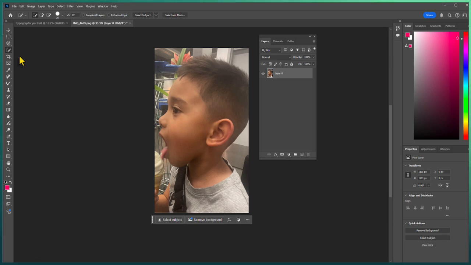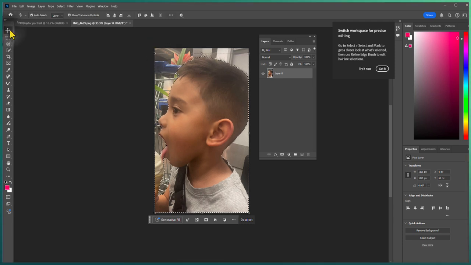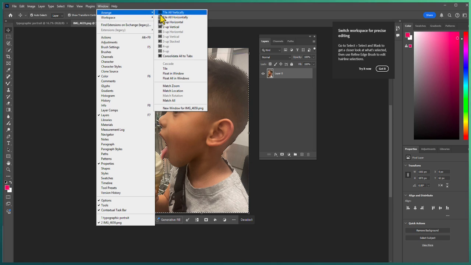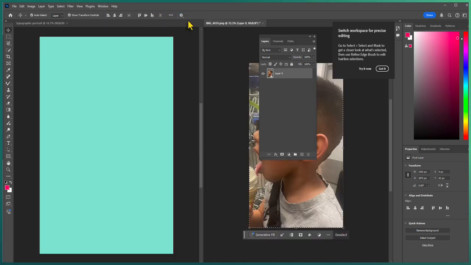Having done so, I'm going to be using my friend the Quick Selection tool, tool number 4, and I'm going to click Select Subject in the options bar. I'm doing this so that Photoshop is going to make an instant image selection of my son's face. Once I see the marching ants, I'm going to split my screen by going to Window, Arrange, and